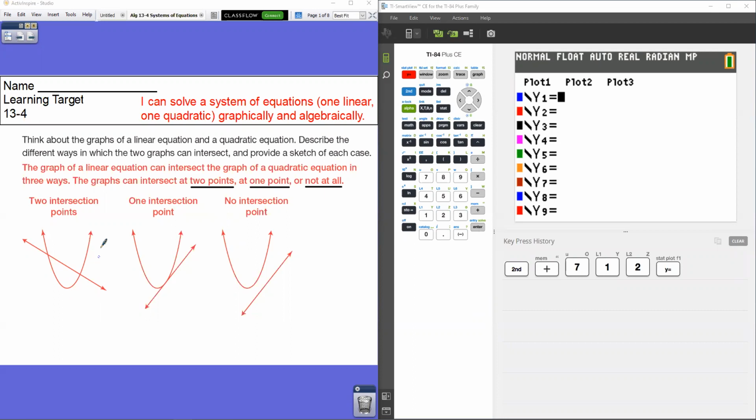Sometimes you're going to get graphs that look like this, where you have two intersection points. You have one here and one here. You're going to have to find the coordinates of both of those points. Remember that coordinates of points are written x, comma, y. Remember that your x value is how many you go over, and your y value is how many you go